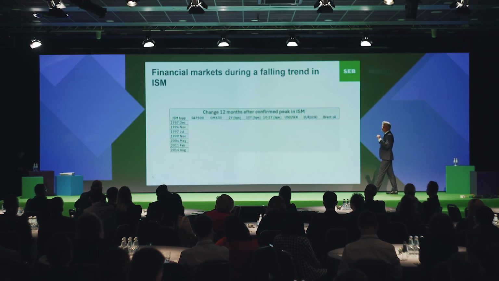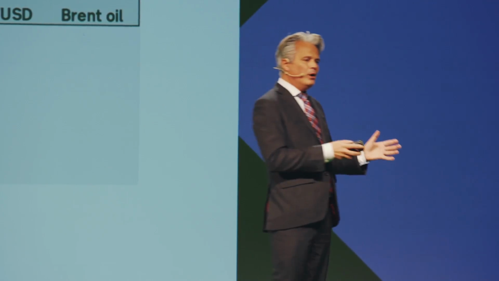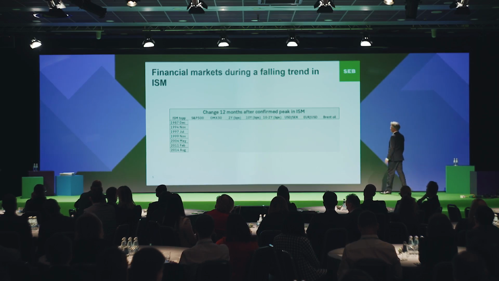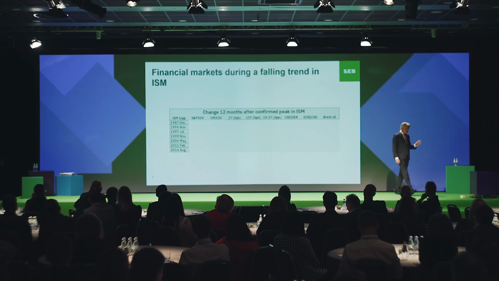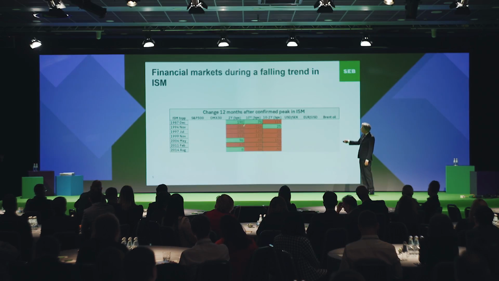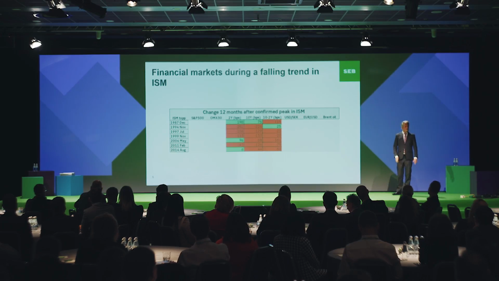Another question is, of course, what happens in markets? Let's say that we are now heading for a decline. What will happen in markets during such a period when the ISM, the corporate index in the US, is falling rapidly? Well, I've looked at that, and the results will be shown in this table. If we start by interest rates, what do you think will happen with interest rates when the economy is going down? Higher or lower? Lower, correct. If you look at how the US 2-year and especially 10-year interest rates have performed during a period of declining ISM, you can see that they almost always fall quite rapidly.